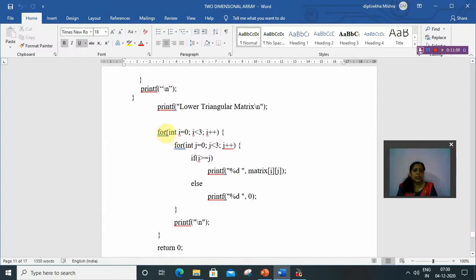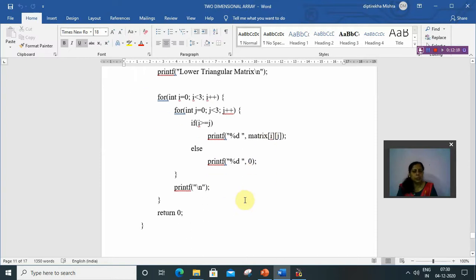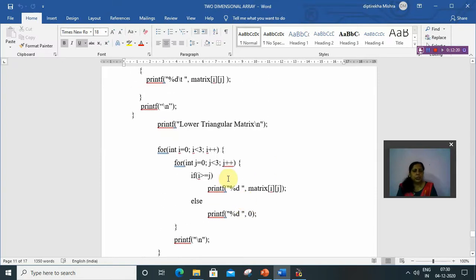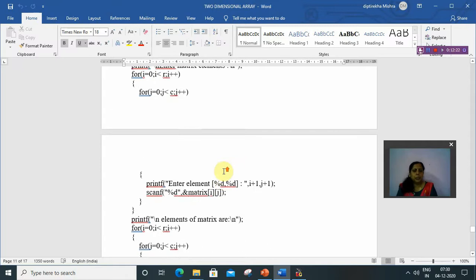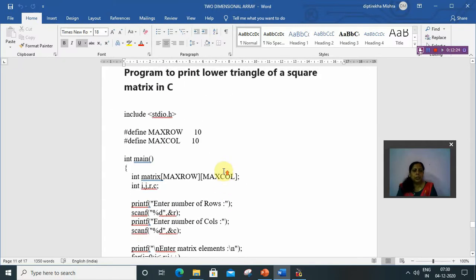For the lower triangular matrix, after the two for loops we use the condition that the row is always greater than or equal to the column. If so, print the element, otherwise print 0. So this is the program for the lower triangular matrix.